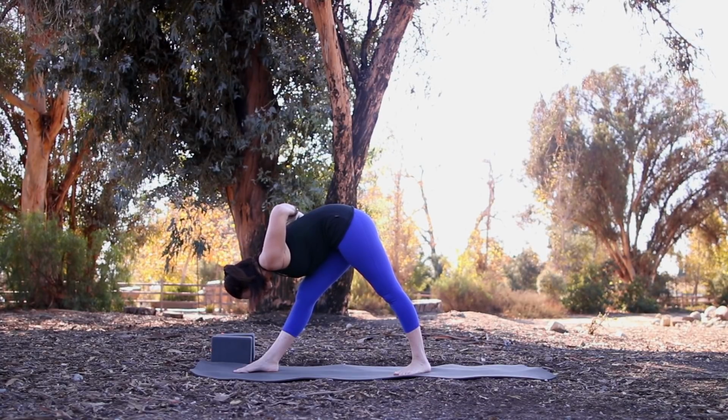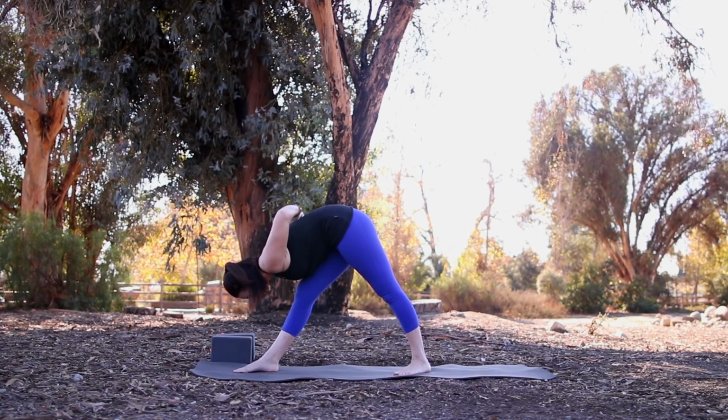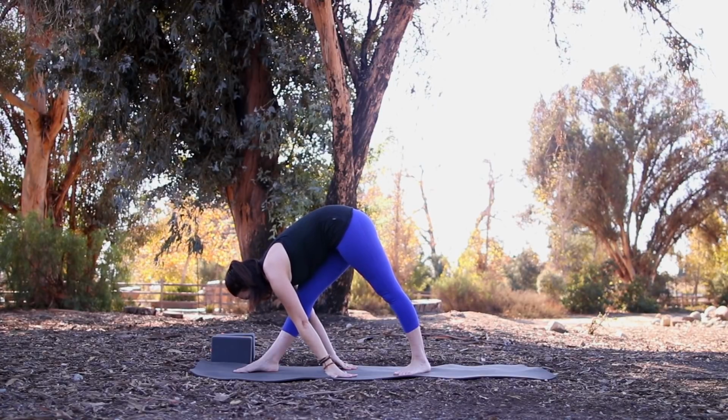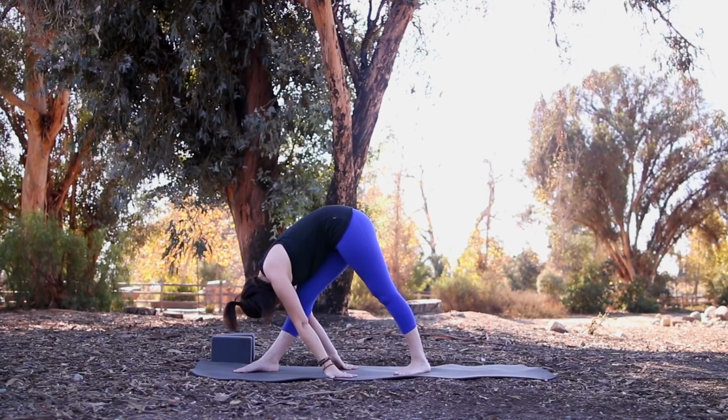And keep your shoulder heads lifted. See if you can lift them up without letting your elbows lift as well. Reach down for the floor. If you can't reach, use your blocks. If you've got the flexibility, you can walk your fingers back facing the back foot and use a little arm